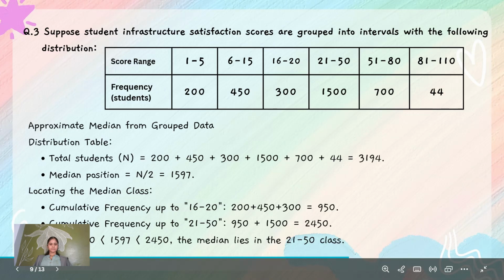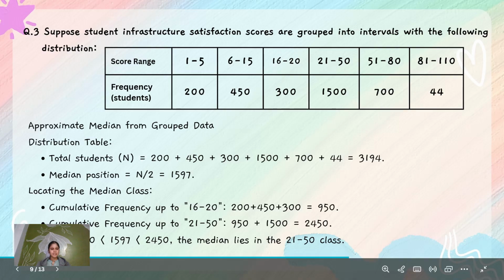Question number 3. Suppose student infrastructure satisfaction scores are grouped into intervals with the following distribution, as you can see on the table, and the approximate median for the grouped data will be like this. In the distribution table, the total number of students sum is 3194 and the median position is n by 2,